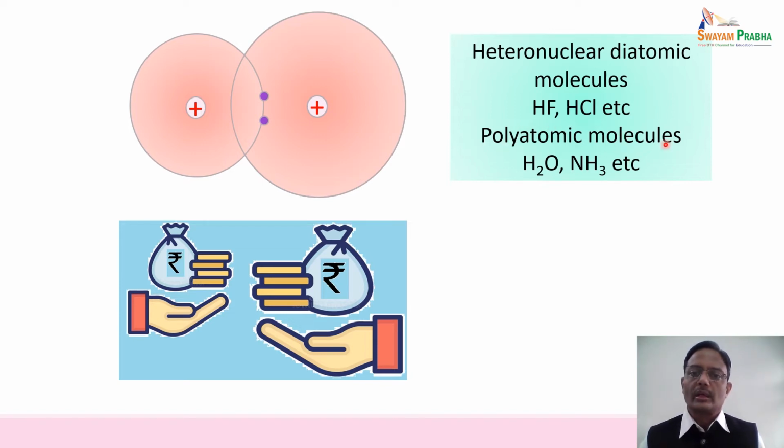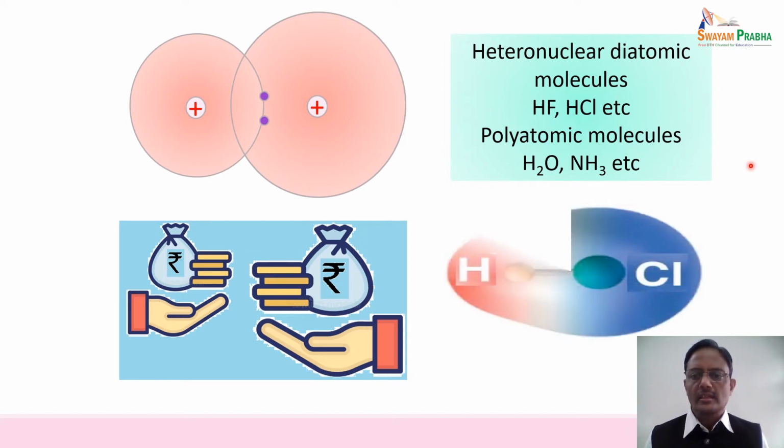or polyatomic molecules like H2O, NH3, etc. They have this type of unequal distribution of forces, and it results in the shifting of the bonded electron pair towards one of the bonded atoms. And we can express this type of shifting in terms of the probability distribution curve or probability distribution of the